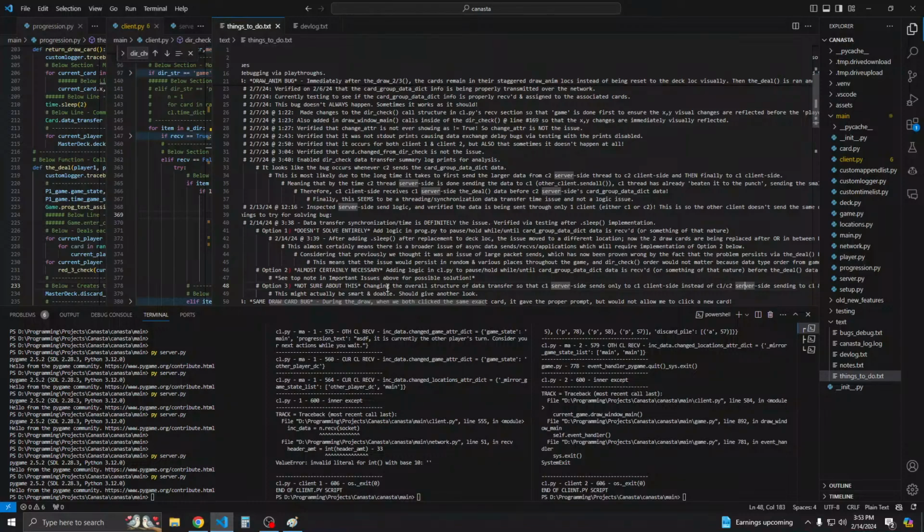Because we would still have the same issue of, even if we're only sending from C1 server side to C1 client side, we would still have the same problem, because